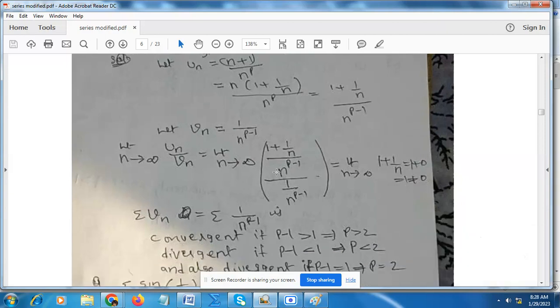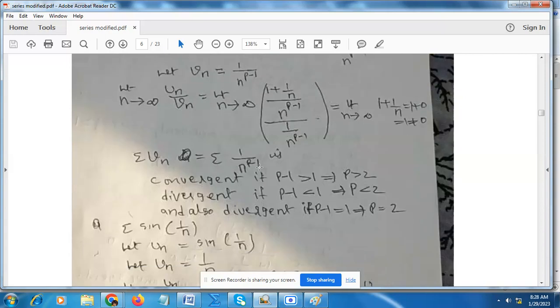Un by Vn as n tends to infinity, both terms cancelled, then we have only 1 plus 1 by n. Limit of 1 plus 1 by n as n tends to infinity is 0, which is not equal to 0. Now go for